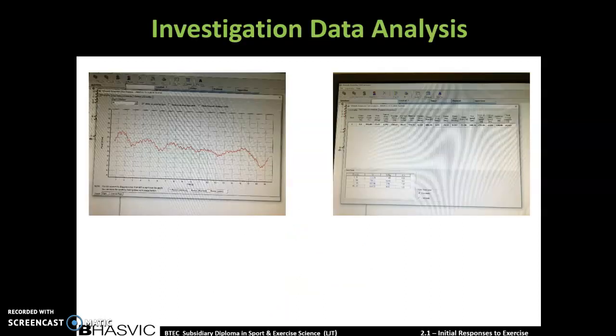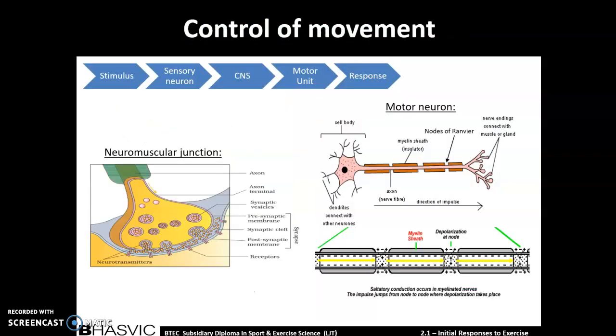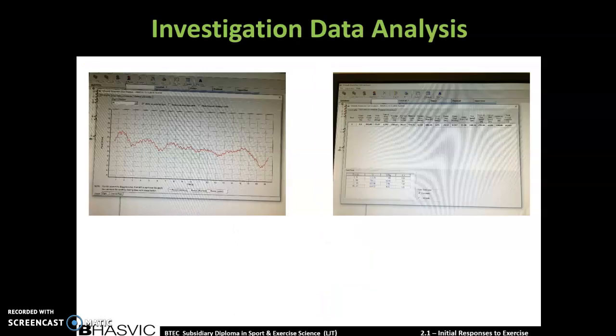Going back to specifically the neuromuscular system, the control of movement, the Wingate test, you can see at the beginning of this Wingate test there's a sharp increase of intensity, so that is when the body has responded to that stimulus of hearing the go to start the test, and that's why there's a sharp increase as the body is then rapidly trying